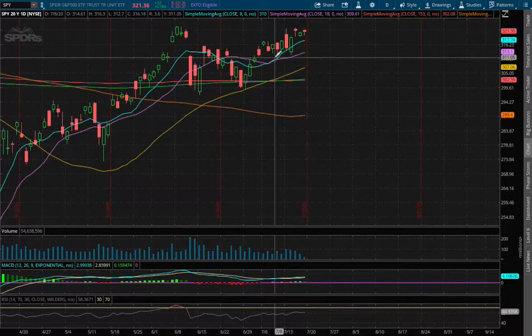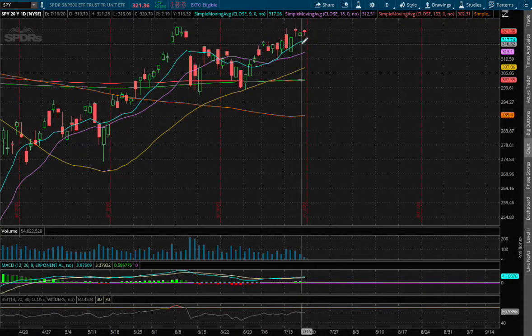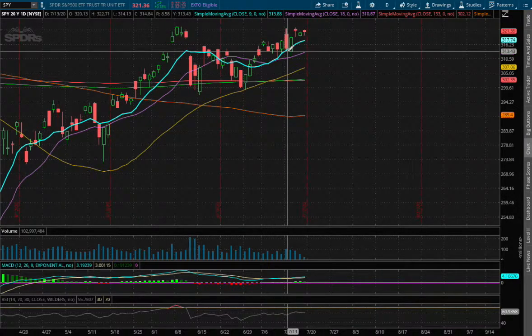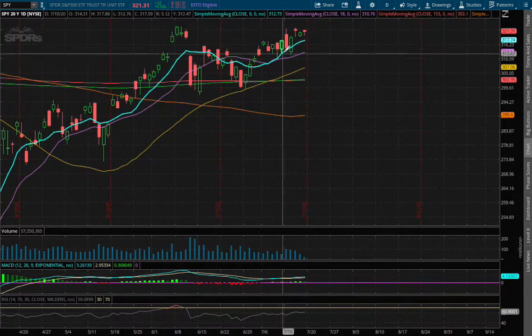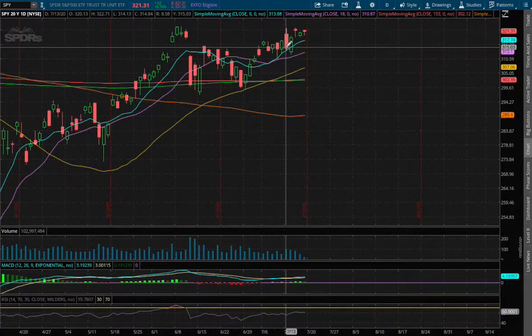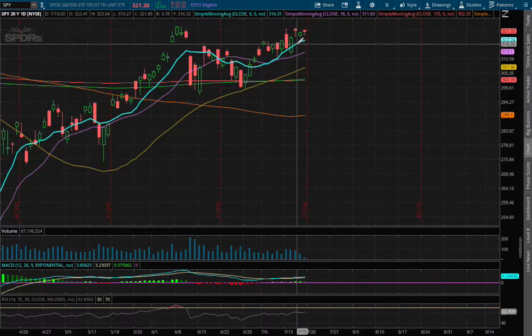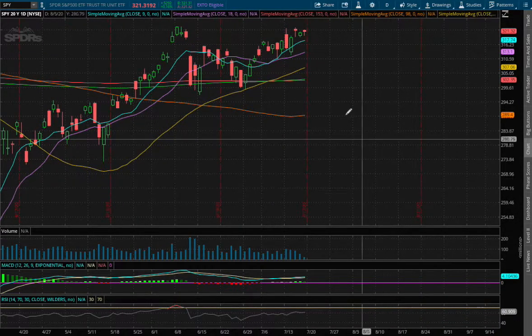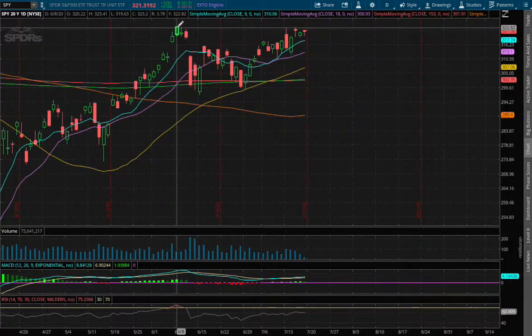And we have not quite reached an attempt to close below the 9-day moving average, this blue line. The furthest attempt was back on July 13th. In order for a trend to reverse, we do need to see candles close below the 9-day moving average, this blue line. So for resistance, if we were to climb higher, the next possible resistance will be what we